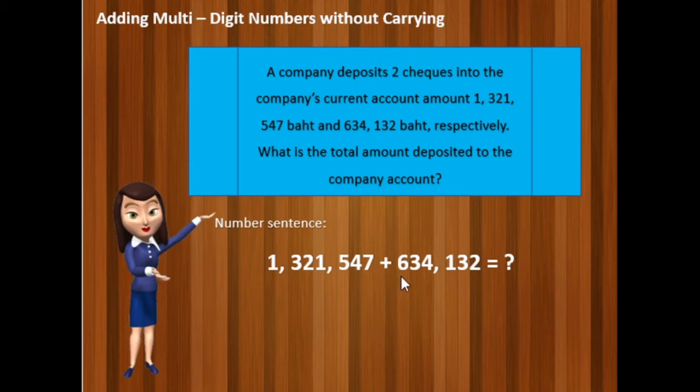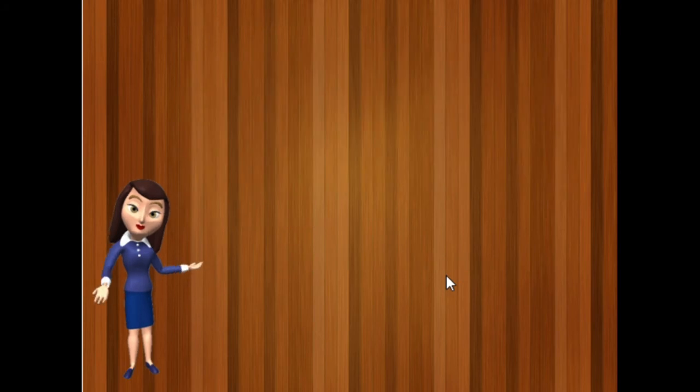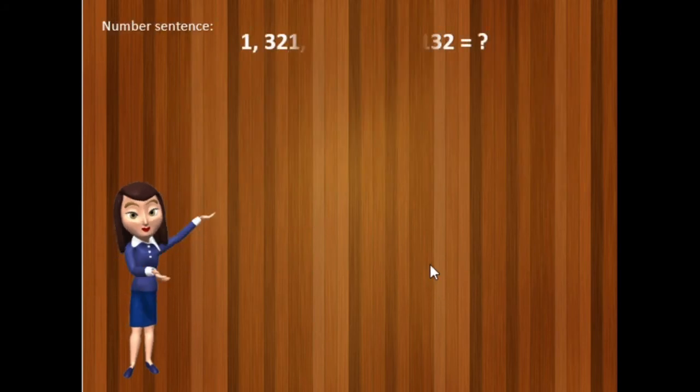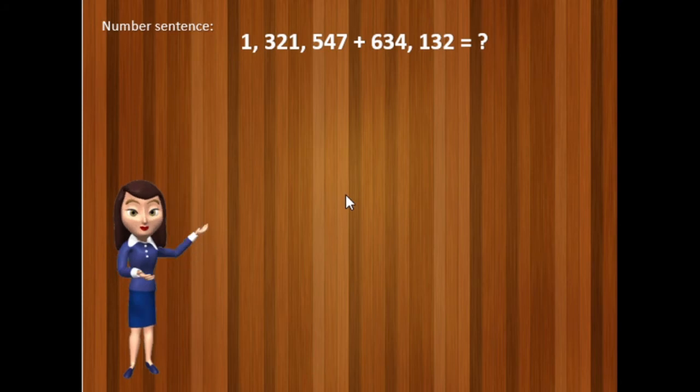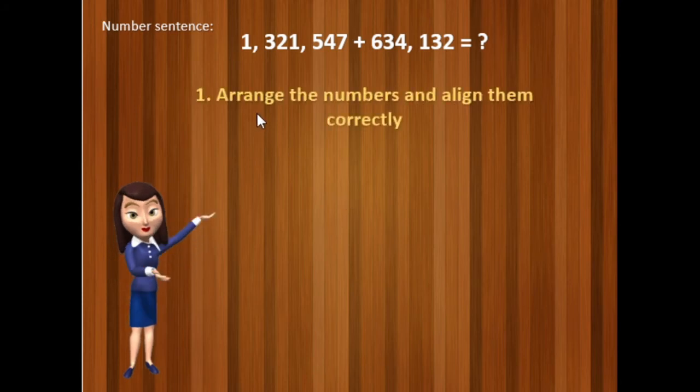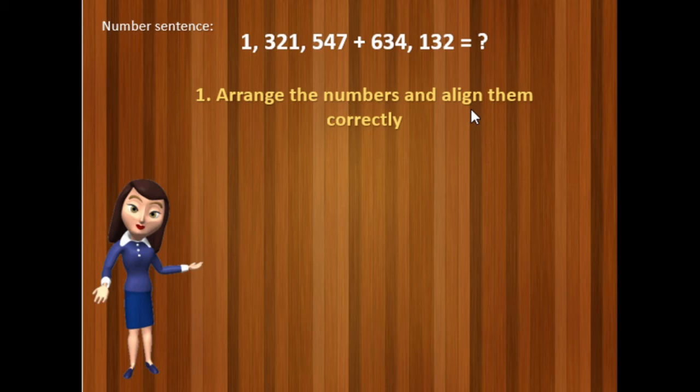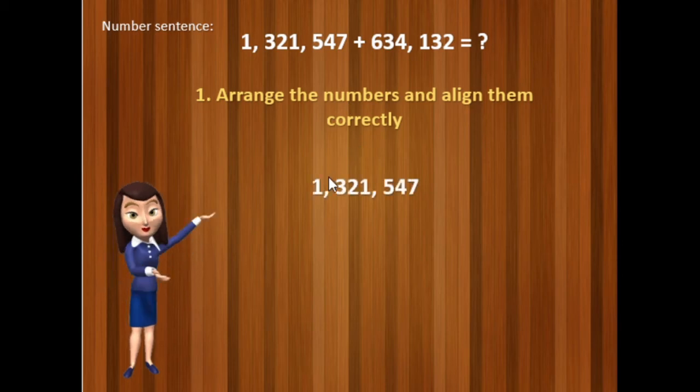1,321,547 plus 634,132. Remember that when you add multi-digit numbers or any numbers, make sure that you arrange the numbers and they are all aligned correctly. For example,